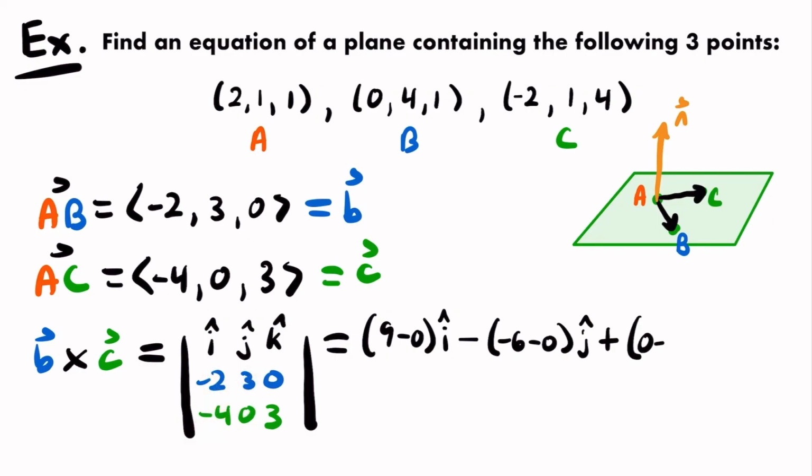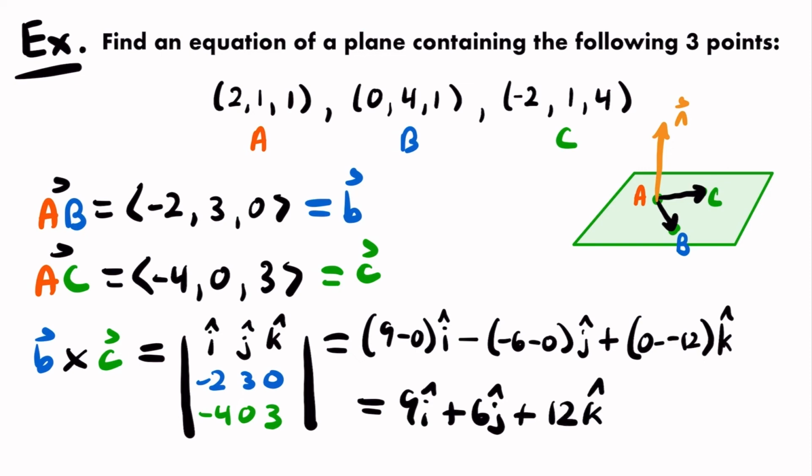And so we have 0 minus negative 12 times k. All right, now if we simplify, 9 minus 0 is 9, so this is equal to 9i, and then we're subtracting negative 6 minus 0 times j, so this is negative 6j, but then we're subtracting it, so it becomes plus 6j. And then finally we have 0 minus negative 12, which will become 0 plus 12, and so we will have plus 12k. All right, and so now we have the vector that is perpendicular to both of these vectors,